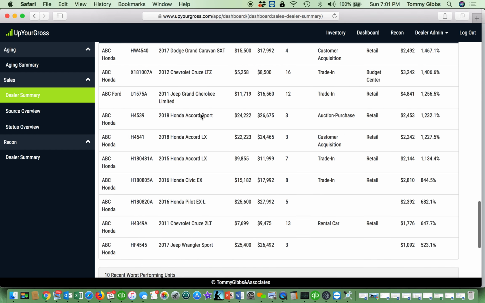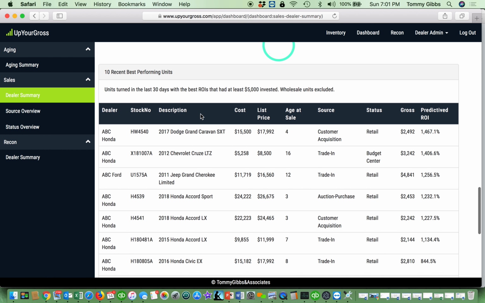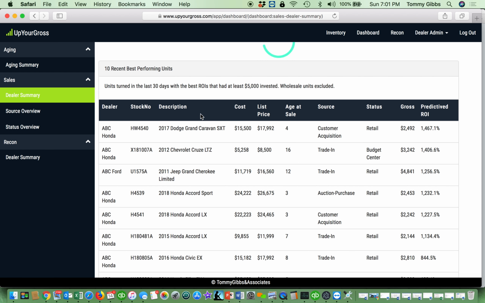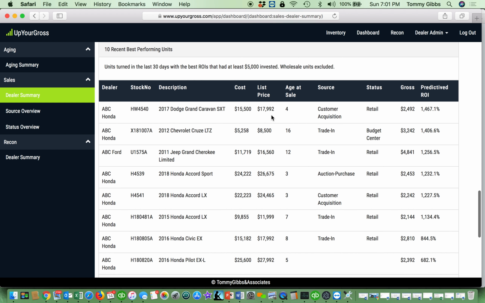The dealer summary page, if you scroll all the way down to the bottom, we have something that you really ought to start to pay attention to. If you hit the sales tab on the dealer summary page and scroll down to the bottom, you'll see the 10 recent best performing units. These are cars that within the last 30 days, we've calculated, and these are the 10 cars that you made the most money on. The greatest ROIs that we're stacking these up,